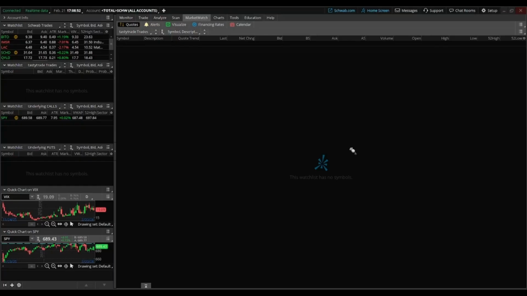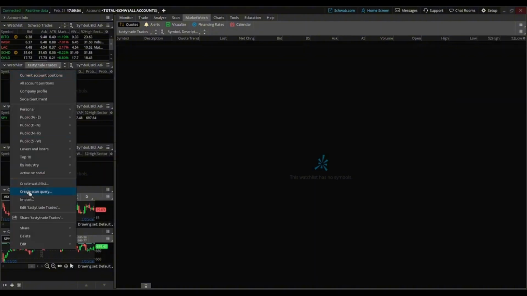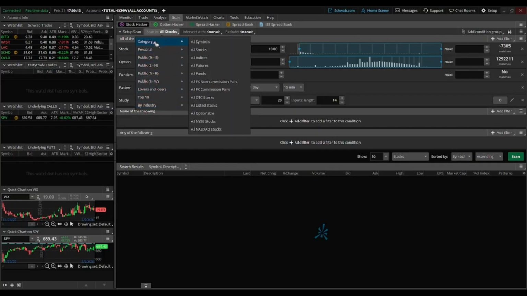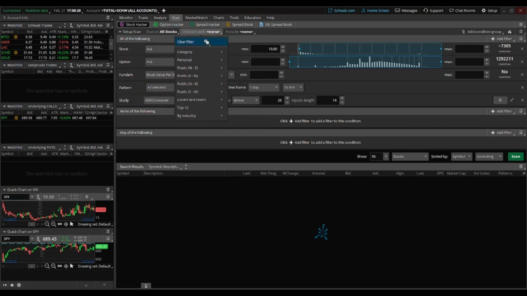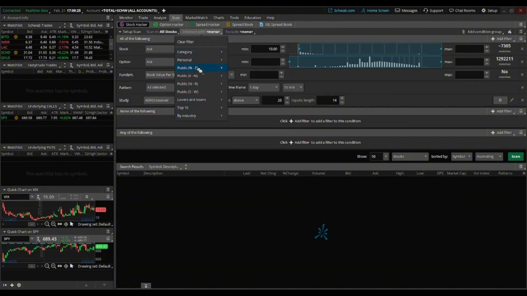Scan queries let you filter symbols based on specific criteria to find trading opportunities. You can create them from the hamburger menu in the MarketWatch Quotes subtab or the name dropdown in a watchlist gadget, or directly in the Scan tab at the top. When creating a scan query, first choose what symbols to scan using the Scan In dropdown. You can select from categories like all stocks or all indices, watchlists, or by industry sectors. The Intersect with dropdown lets you narrow it further by selecting a second group, so the scan will only show symbols that appear in both.